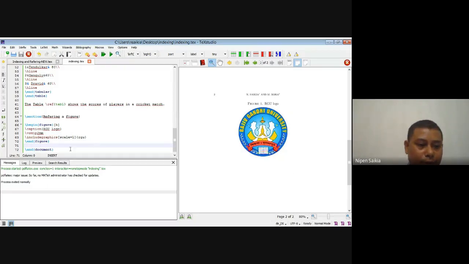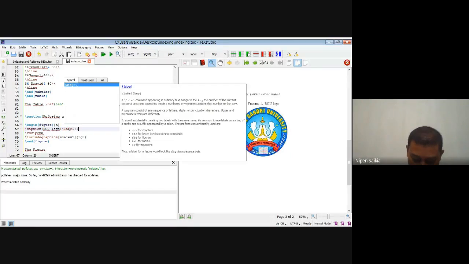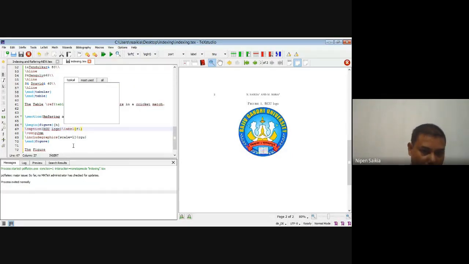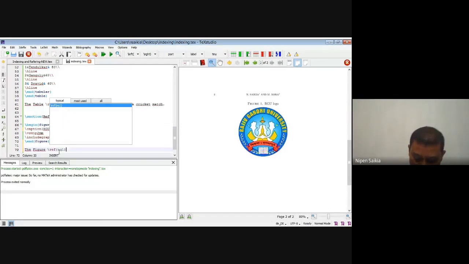So now I want to refer to this figure. It is the same, we simply use the ref command. Above, you can write "Figure". Now I have to give it a label first. Slash label. Say F1 I give. F1 I have given. Ref F1 is